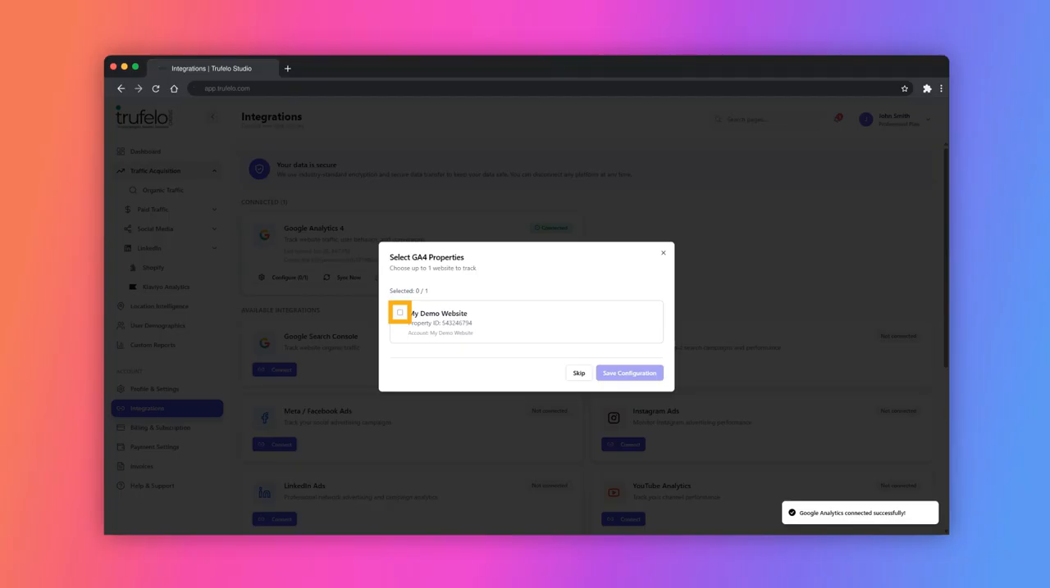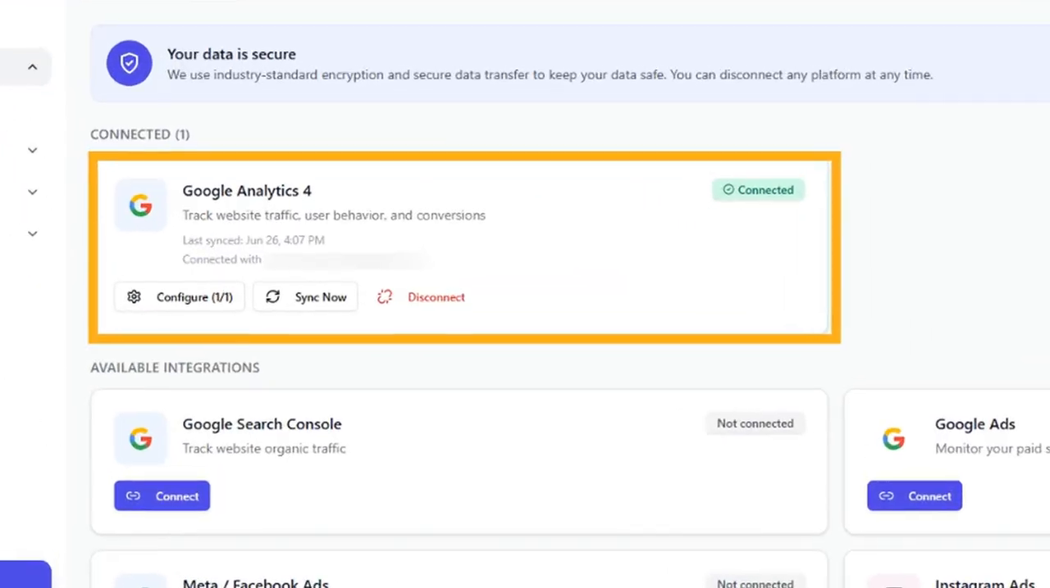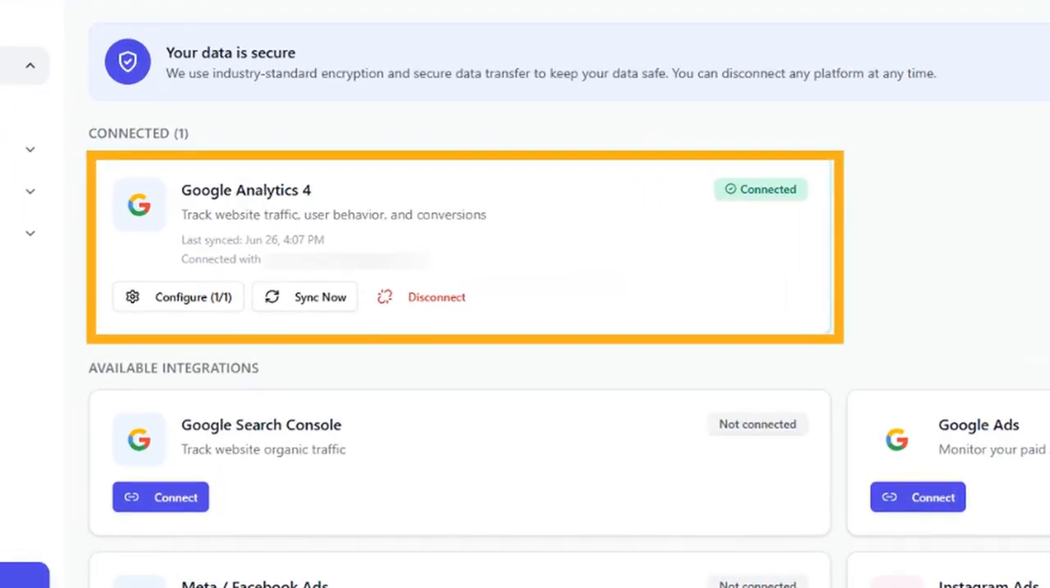Select your website property to be integrated with Trufelo Studio. Now save the configuration to save your integration settings securely. Your Google Analytics property has been successfully connected to Trufelo Studio and is ready to analyze data, including website traffic,